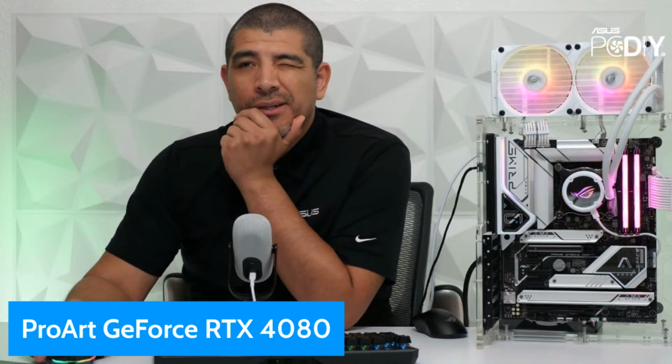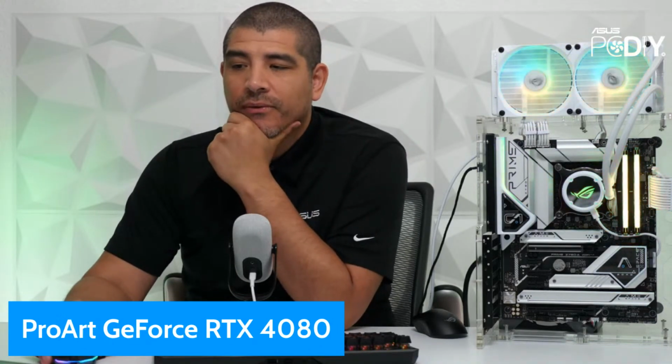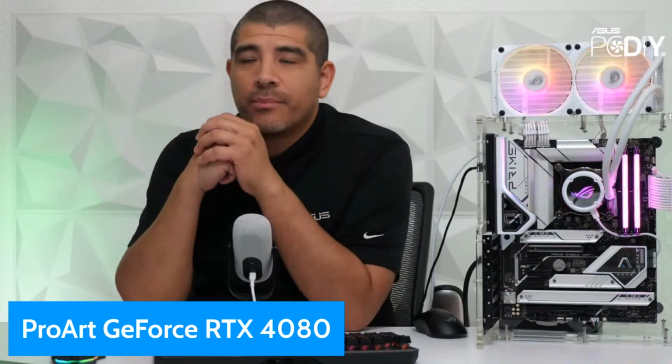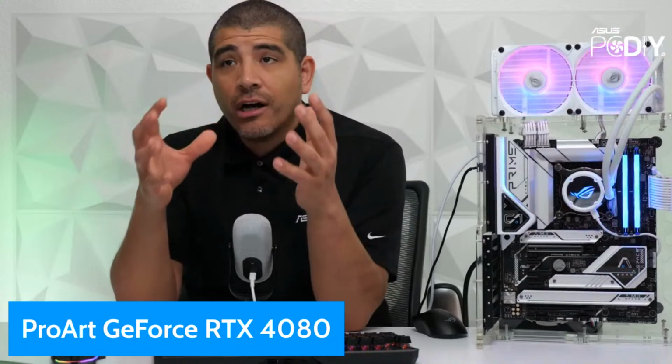4080, and I'm also going to give you guys a little bit of the performance data that we have, because I know this was a question in the past when we first talked about it: what was the expected compromise, right? Because to some degree you are going to be compromising, because you are going to be seeing a smaller overall heatsink assembly, because the goal here with these cards was to be able to achieve a more compact form factor,